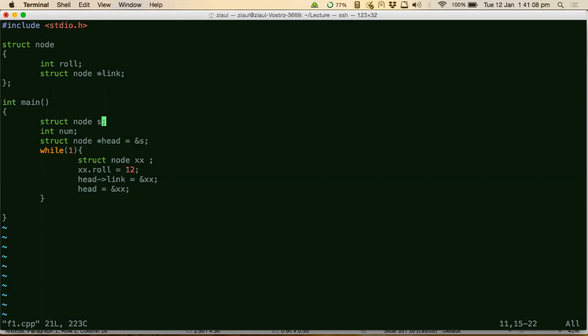Why? Because you don't know. Let's say in this semester you just ended up with 5 students. And then you will be wasting 95 if you have an array of size 100 of structured student records. You will be wasting 95 of those memory locations. And let's say the student data is huge, it has a lot of fields, and one field is of 1 KB size. Then you will be wasting a lot of memory in that case.